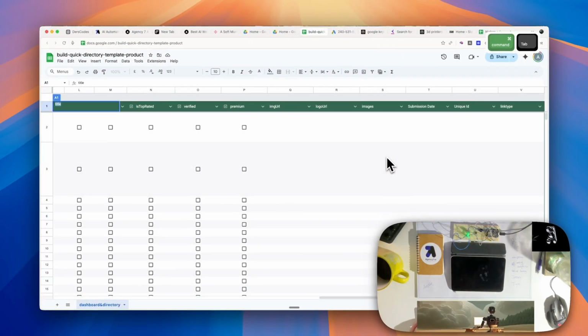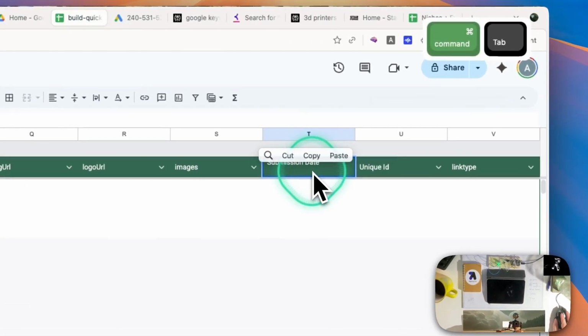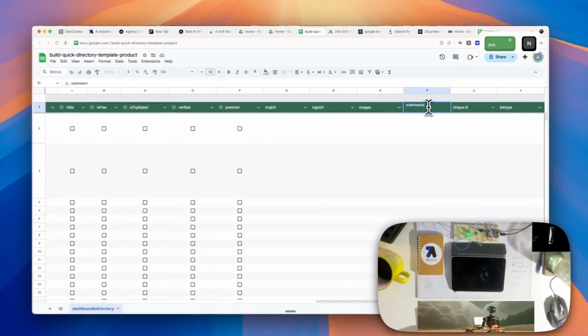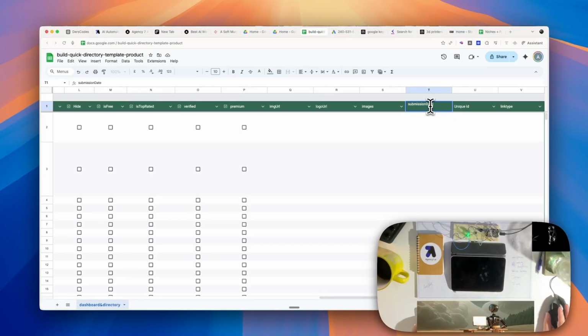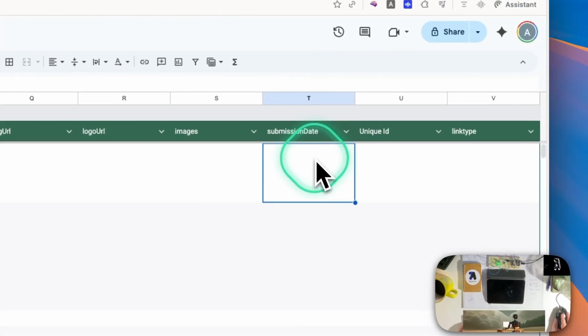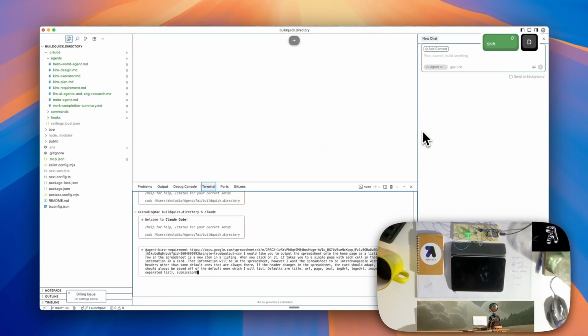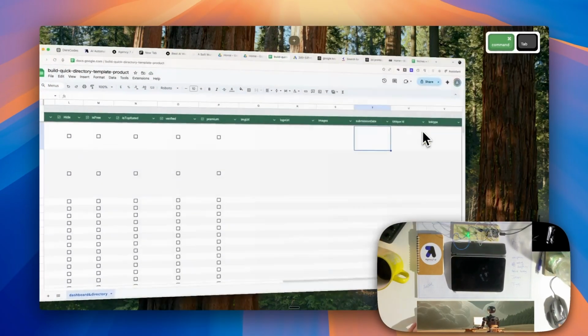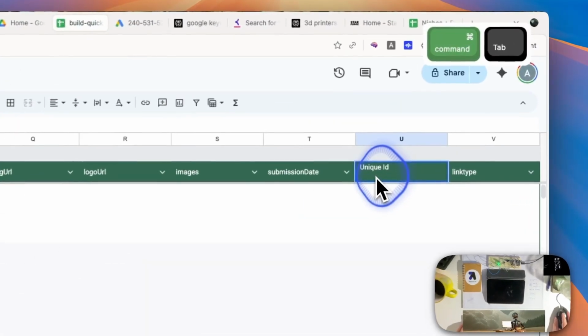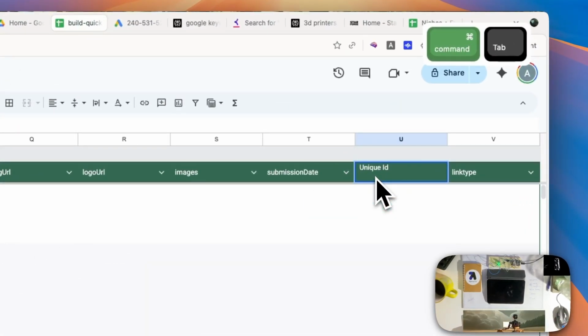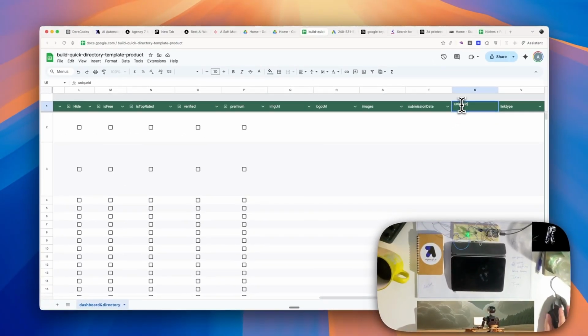Let's change this to submission date just so it's easier to grok. Submission date, change this to unique ID,